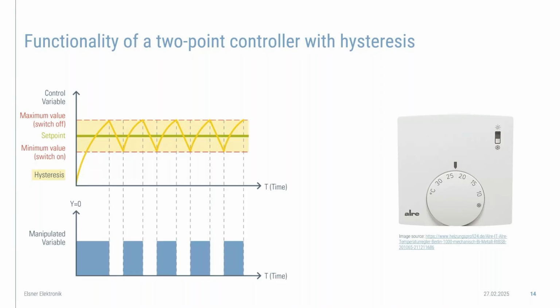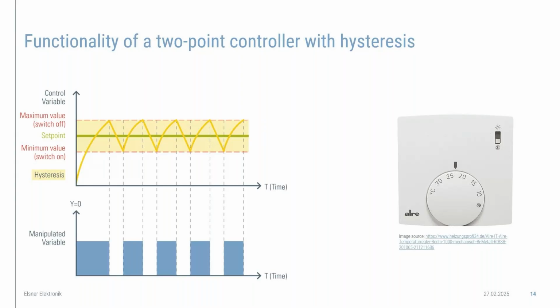In the example above, I have illustrated the function of the two-point control with a hysteresis. So the green line is our set point. We want to have the set point at 25 degrees. Very warm and cozy, right? The red dashed lines show the hysteresis range, so this is the range at which the thermostat switches on or off. We assume a hysteresis of plus minus 1 degree. This means that the controller switches the heating on when the temperature falls below 24 and off again when it